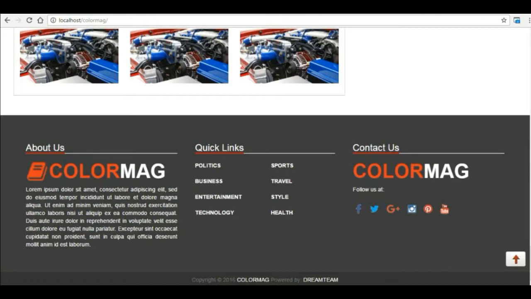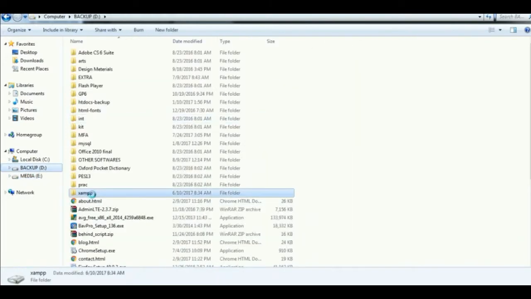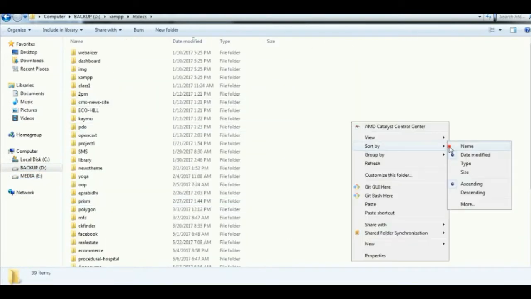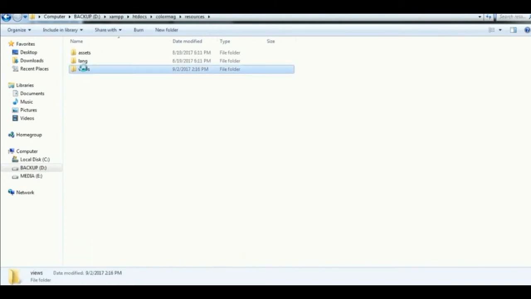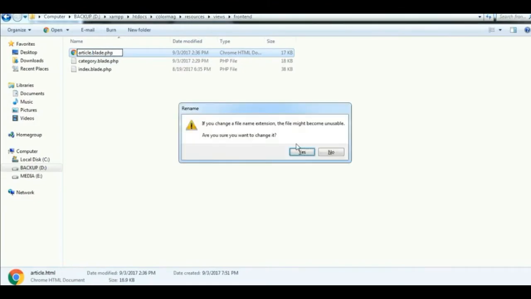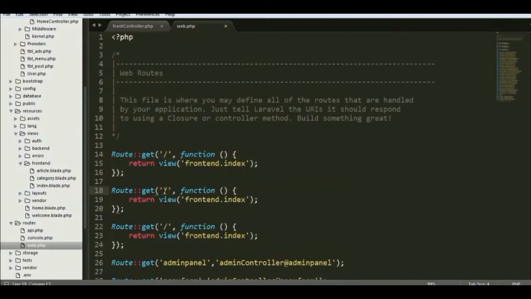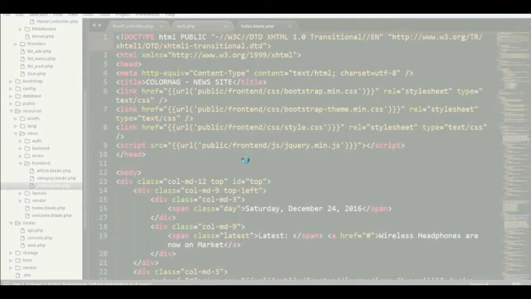So I'm going to copy the inner pages as well from the design folder, right, and paste it in my front-end views file, and then change the extension to .blade.php. You can define the route for those files to see it in the browser, but I'm going to create app.blade first, right,